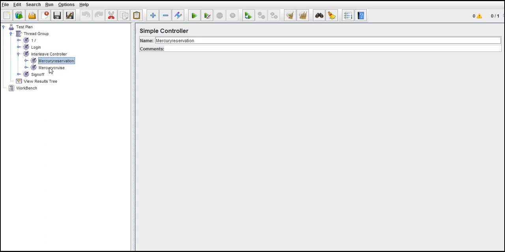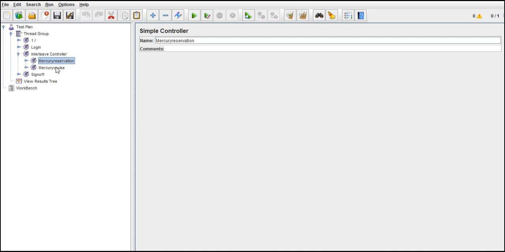If there are totally 4 requests under this block and you run it 10 times, on the first run it picks the first block and on the second run it picks the second block. Basically, we are simulating real time. All 1000 users will not access the credit card payment link at the same time. Some may see their mini statement in the bank account, some may see the reward section, some may see other pages, right? Basically they will be on our web page, but people will be on different links.